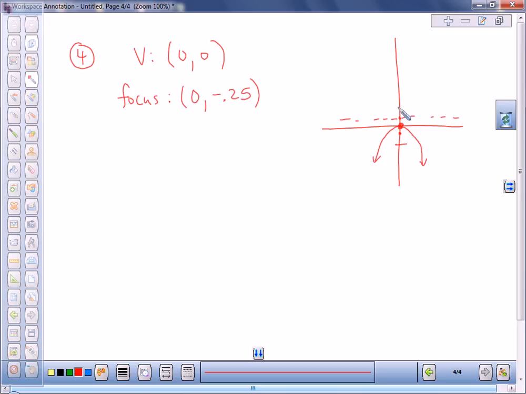So I'm starting with my graph here. So I know this is going to be a y equals. We know it's negative. We don't know what A is yet. We know it's x squared. So all we have to do is figure out what goes here. Because our vertex is at 0, 0, we're good. So to figure out what goes there, we take this distance for P, which we know is that 0.25. Set that equal to 1 over,